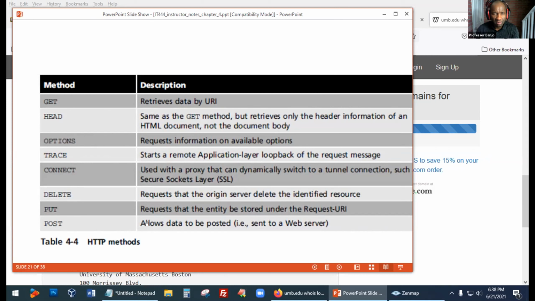POST is more secure, and allows data to be posted from a website or from a database in a way that doesn't reveal what information is being passed back and forth. It's also part of HTTP, HTTPS.